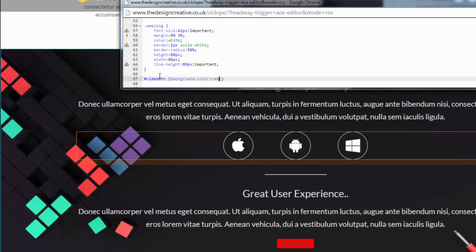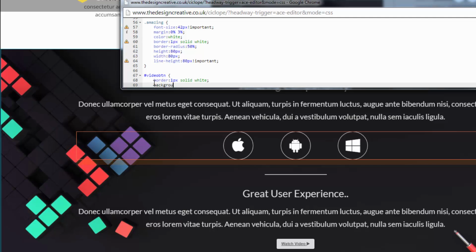Okay, that's cool. So let's style the actual button itself and move that down. It's not going to have a background color at all, but it is going to have a border. So border 1 pixel solid white,